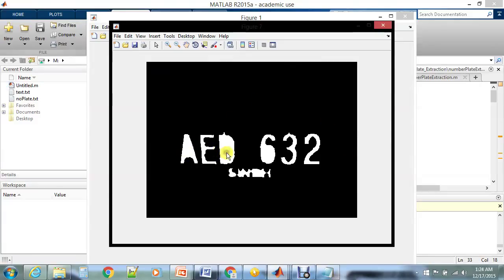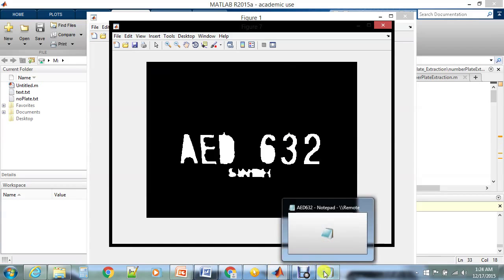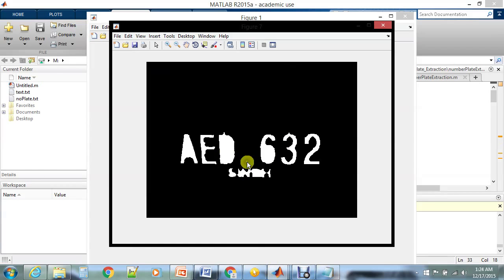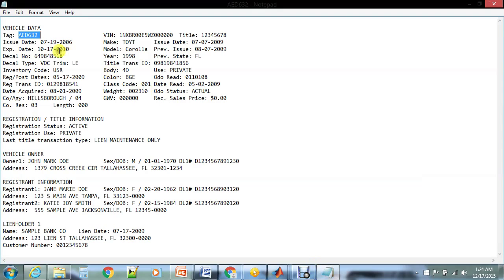A, E, D, 6, 3 and 2 are all really well defined here, and the templates are also in the same way, so the template matching should give almost 100% hit, which it does in this particular project. And this is the input for the character recognition module, and we get an output which is the vehicle report.